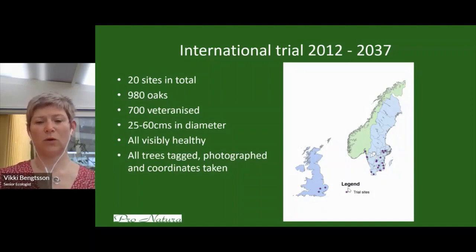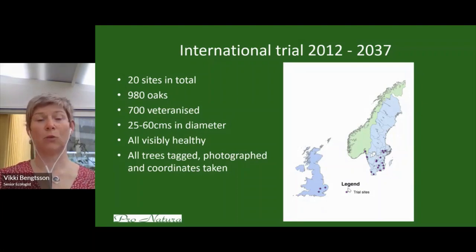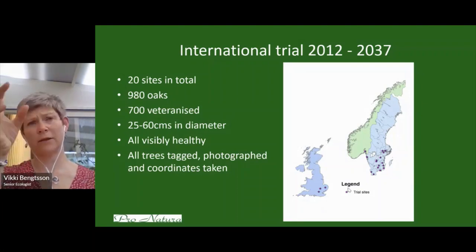So we've got one that we call horse damage, and Carl mentioned that they were doing that at Sherwood. This is a broken branch, and again, many of the cavities that form are often in association with either dead branches or broken storm-damaged branches. We've also ring-barked large branches. Then we created 2 cavities, one which was to look a bit like a woodpecker hole,